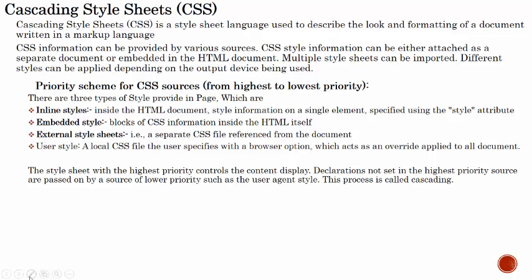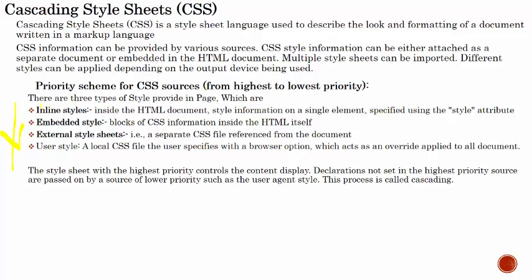So it is like that. These are applied from highest to lowest priority. Inline styles: inside the HTML document, style information on a single element specified using the style attribute.